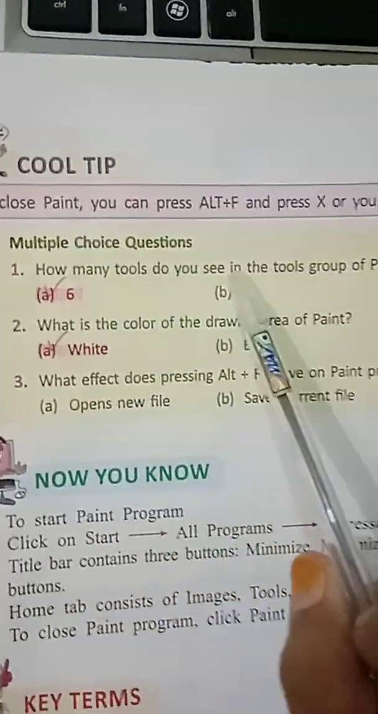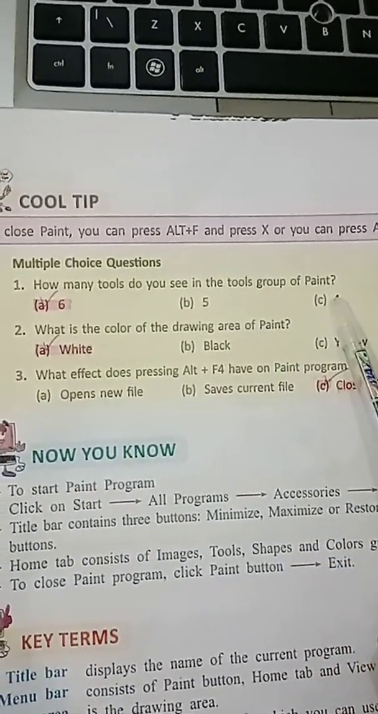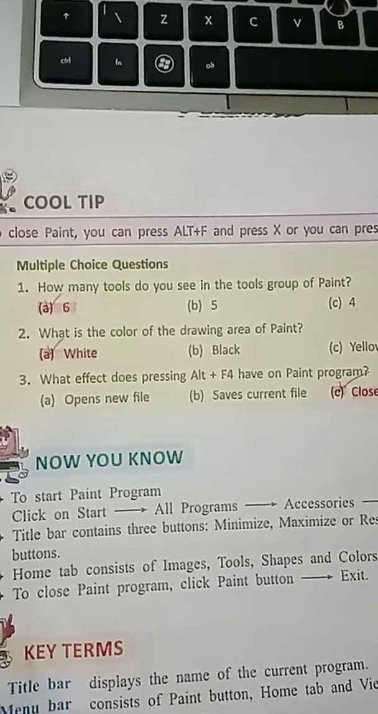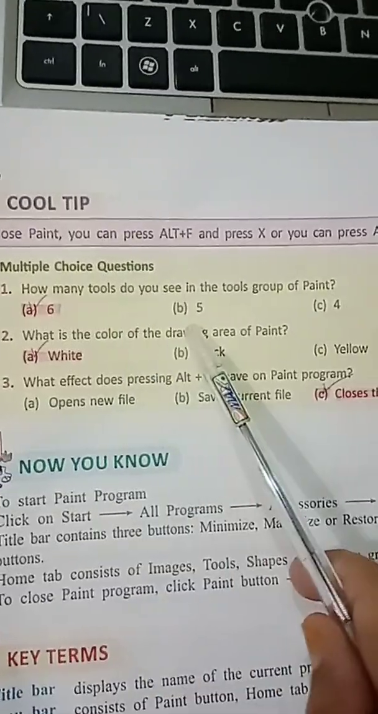Okay, now see on book. Next we have multiple choice questions. First multiple choice question is, how many tools do you see in the tools group of Paint? In tool group of Paint, how many tools? The options are: A option is 6, B option is 5,